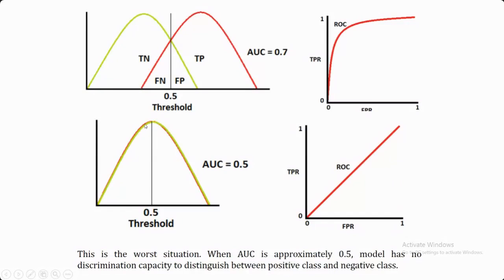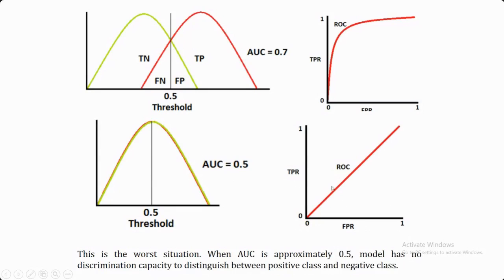Okay. Another case, if based upon the boundary, if this is the case, in that case both are overlapping. So in that case, your AUC is basically this, just the random guess. Some of the instances you have randomly identified as positive. Some of the cases you have randomly identified as negative. So if it's just a random guess, it could be correct also, it could be incorrect also. Okay. So in that case, your AUC is going to be 0.5. Whenever you are having this line, it's going to be 0.5.